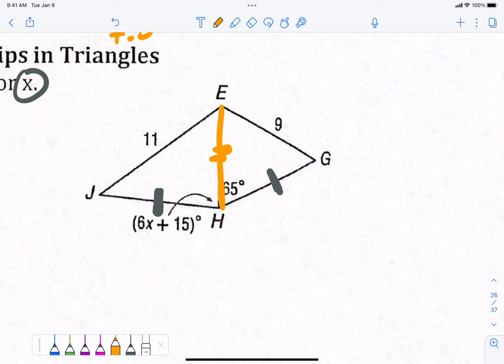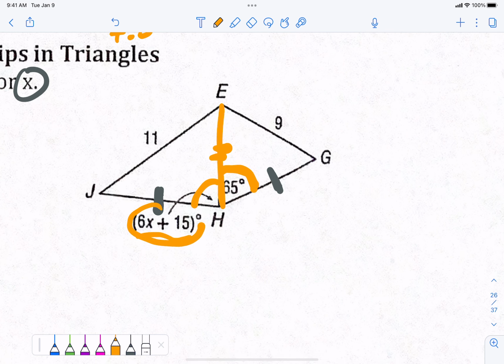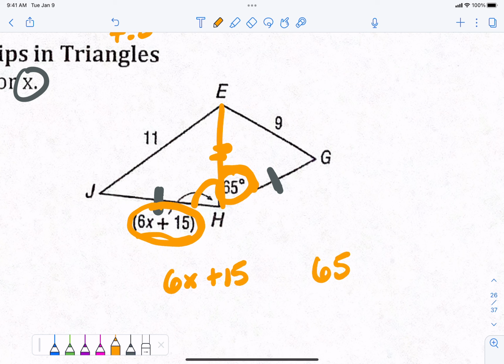The reflexive property. I know that this is 65 degrees, and I know that this is 6x plus 15. If I'm looking at 6x plus 15 in comparison to 65, what does it have to be? Is it equal to 65? No. Look at the 11 and the 9. It has to be bigger. Okay, Josie says 6x plus 15 has to be